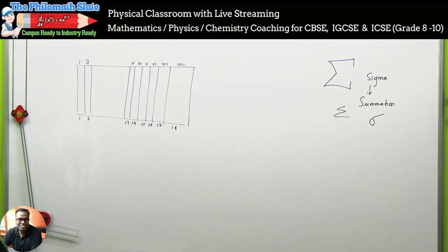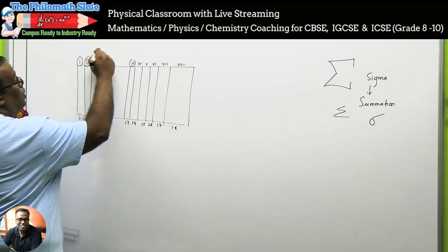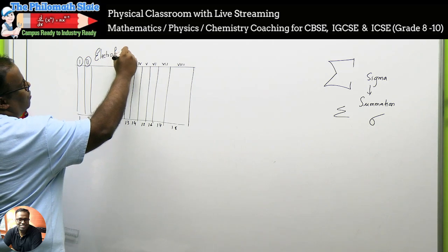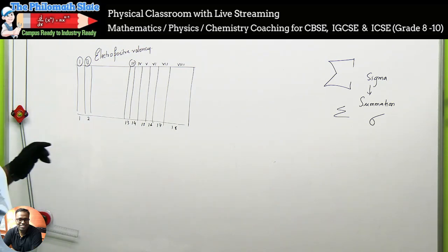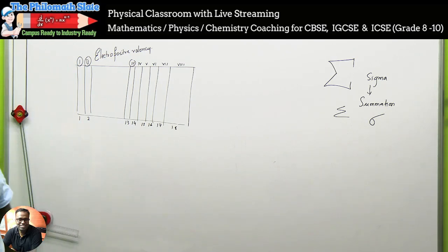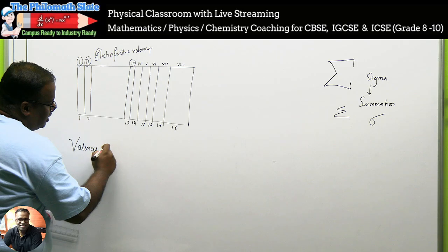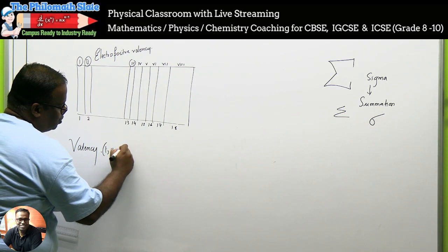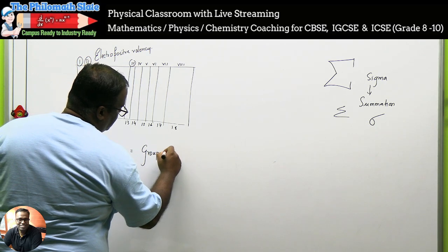You learn it like this. Write down groups 1, 2 and 3 for now. After this, you should know they will always be electropositive valency. What do you mean by electropositive valency? In groups 1, 2 and 3, I am always going to lose electrons, right? Then I should also understand what my valency is. As per the Cambridge formula, for groups 1, 2 and 3, my valency will always be equal to my group number. Very easy.